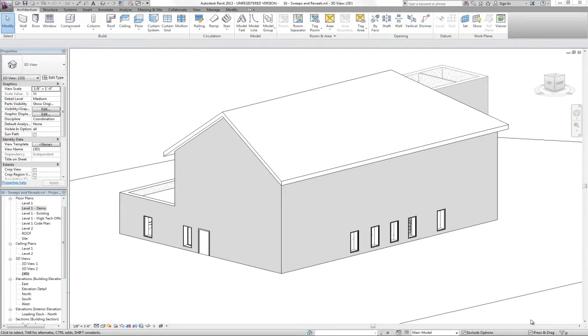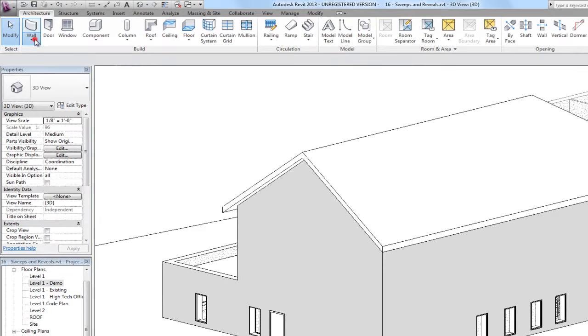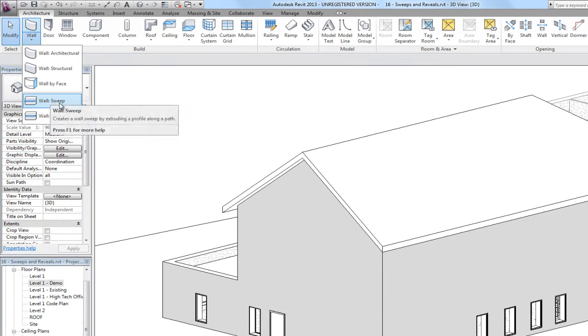Let's take a quick look at a feature called sweeps and reveals. This gives us the ability to articulate various horizontal and vertical elements on our building. This could be a soldier course brick, a stone profile, or a reveal in the building, some recessed shadow line feature. To add these, we simply go to the Architecture tab, and under the Wall drop-down, we have Sweeps and